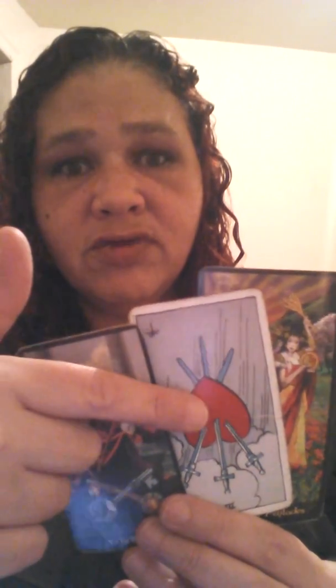The High Priestess. Despite the delays and the slow process in you achieving your ultimate desires in life to make your home more comfortable for who you are and what you represent as the individual person that lives in that home, right? No matter who came and broke your heart, you're releasing that negative energy and standing in your own truth and your own beliefs, and you ain't falling for anything. You're living by your own set of principles that you were raised and taught to believe, and you're reaching for your dreams,